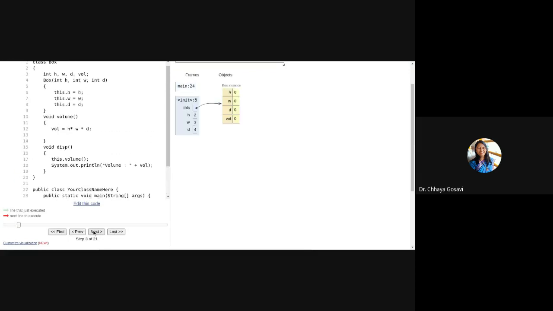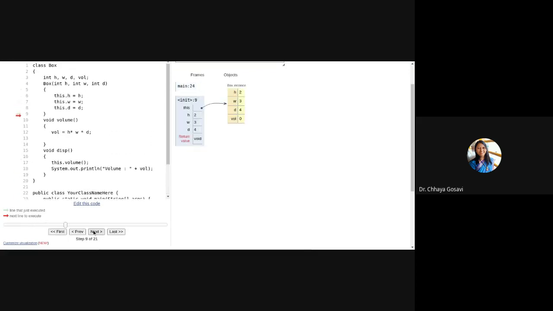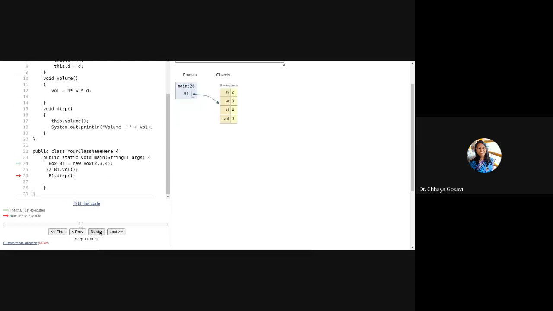So this line will create an object and initialize this object with this constructor. Then we are calling the b1.display method, and the display method is pointing to the current object. Now with this current object we are calling the volume method. Note that to call any method we need an object, and we didn't know while writing this class which object is going to call this method. So you can use this pointer. The volume method is called for this object and it will point to the current object, and you'll get the volume 24.